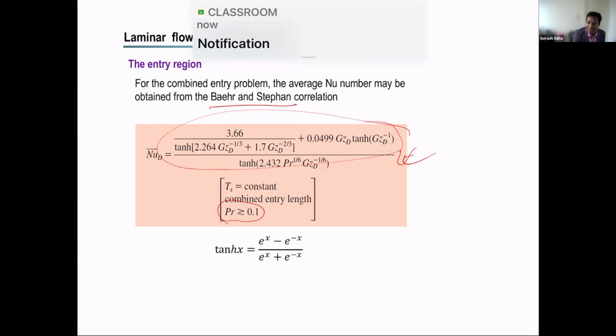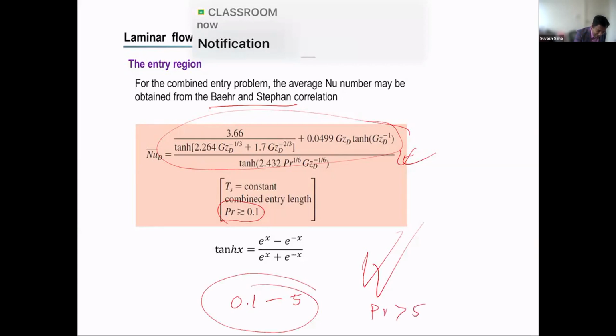What does it mean? This is more robust. You can use this one when your Prandtl number is from 0.1 to 5, and when your Prandtl number is greater than 5, you can still use this one. Okay? So now it is up to you. If your fluid is water, with Prandtl number 7, which one do you want to use? You can use either this or